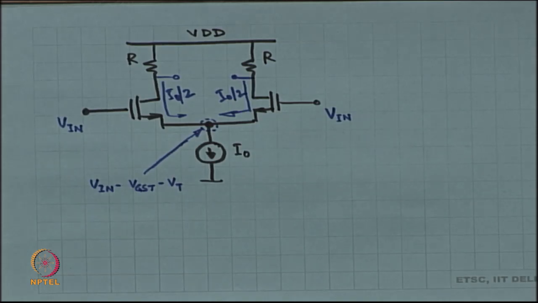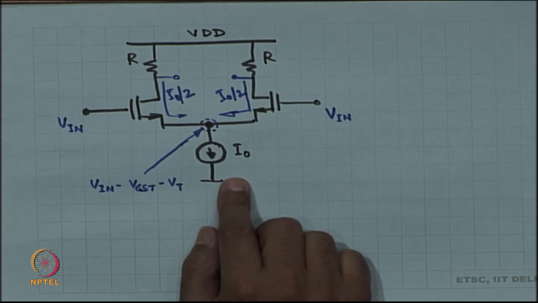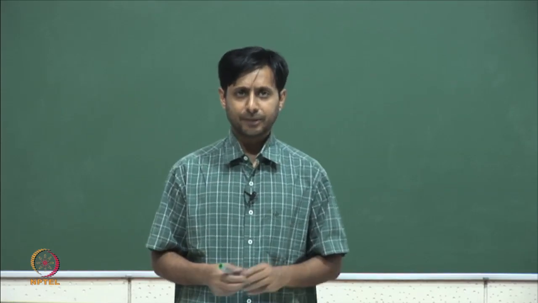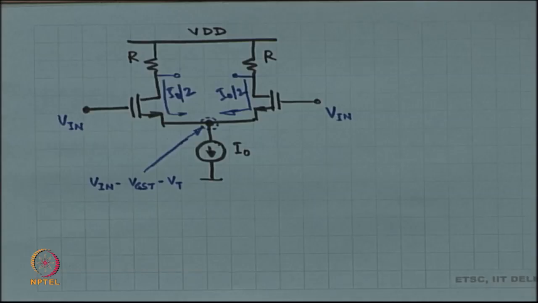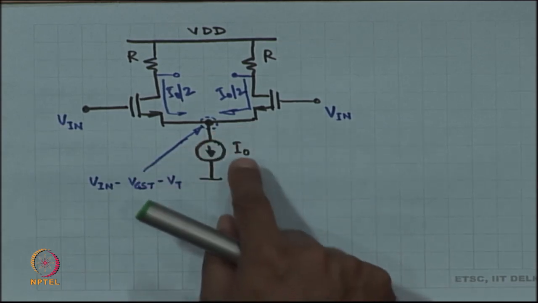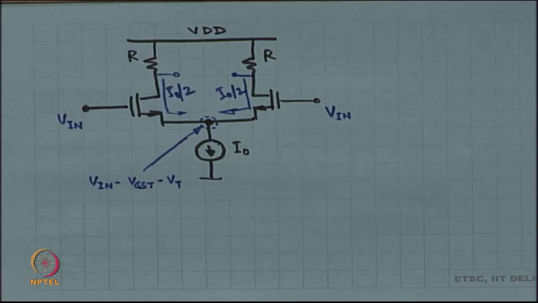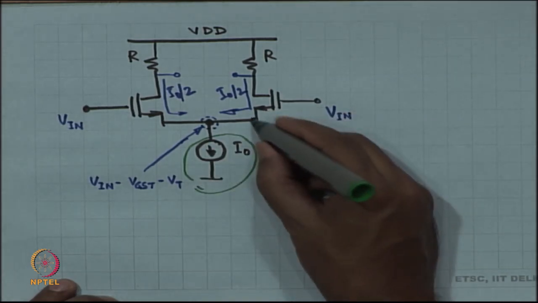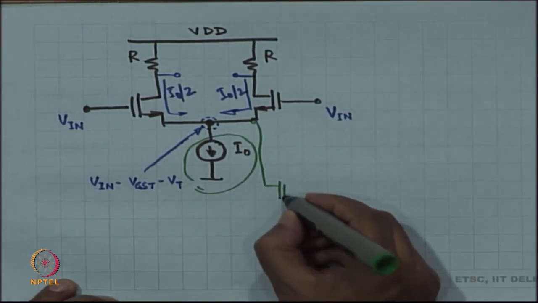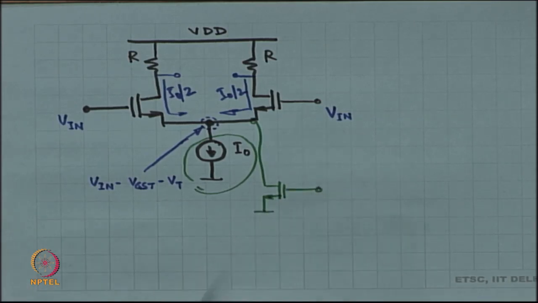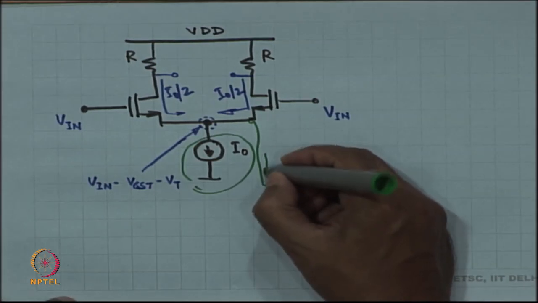However, later on you are going to replace this current source with a MOSFET, with an actual current mirror output, maybe a cascaded current mirror or maybe a single current mirror. So, this is going to be replaced later on. There is no such thing as an ideal current source. Later on we are going to replace this with a MOSFET with the right bias value such that I naught current flows through it,